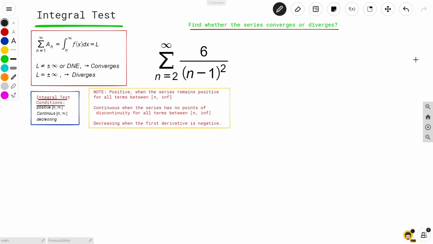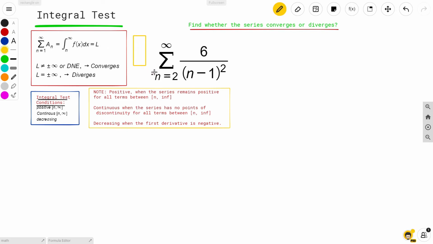So one thing I do want you to do is take a note right here of everything I wrote down. So the integral test has three conditions where it has to be positive, continuous, and decreasing. So note that it has to be positive when the series remains positive for all terms between n and infinity. It has to be continuous when the series has no points of discontinuity for all the terms of n to infinity, and decreasing, and we can test that by testing to see if the first derivative is negative. So without further ado, we have this series right here,